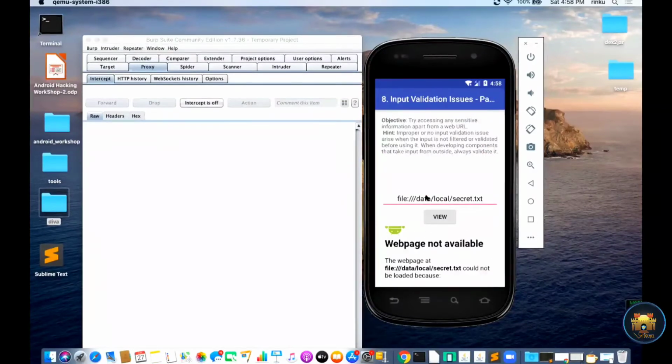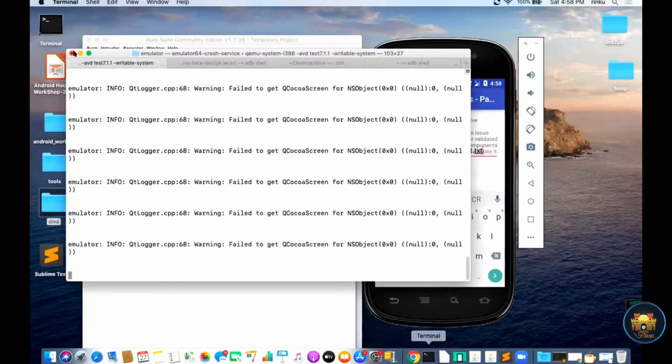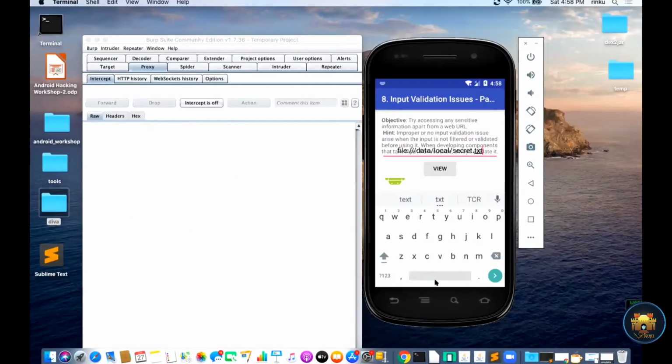I think something is going wrong. Just a minute, let me check. /data/local/secret.txt. Let me resolve why I'm not able to access it.